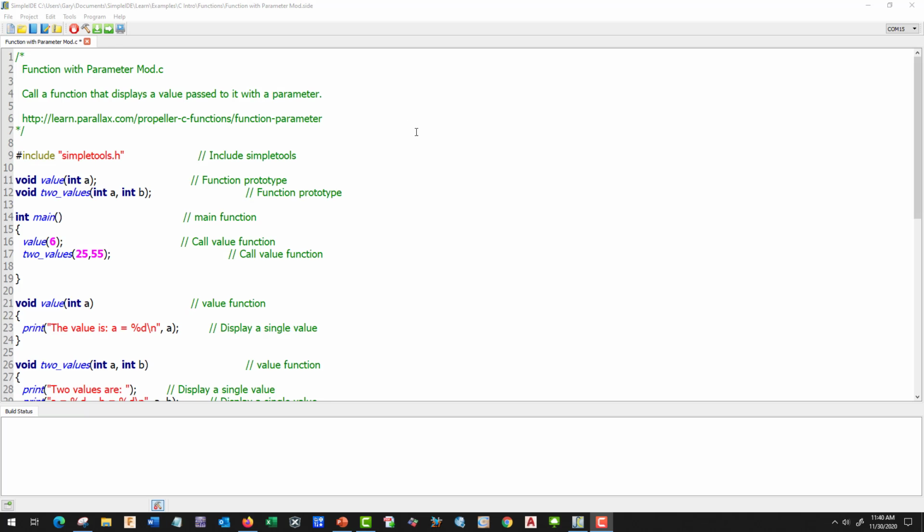Okay, and your loop should start with this, and we'll go ahead and take care of that. Okay, we're back to our program. I saved as function with parameter mod so we don't write over the basic program. We can write it from scratch, or we could just modify that. I'm going to modify this program. So we have void. Let's just write over that. We're going to go counter, and we're going to set integer start val, our start value, comma,